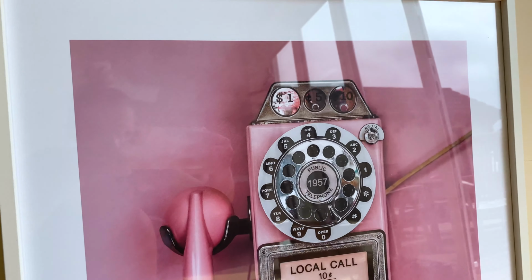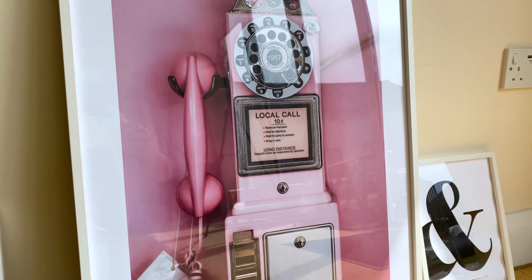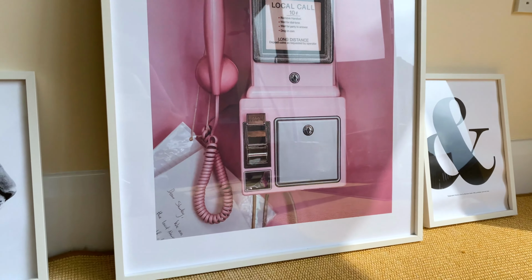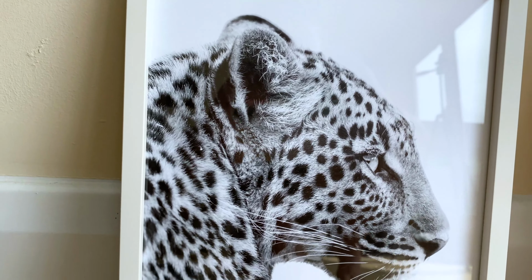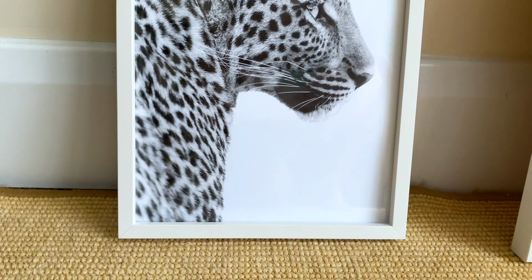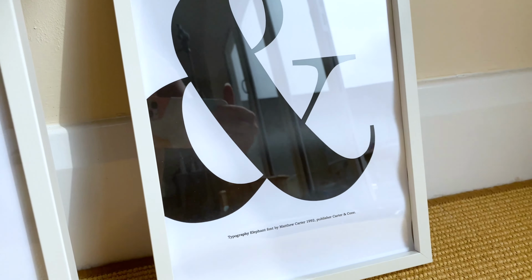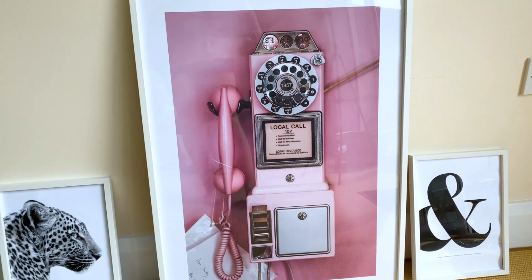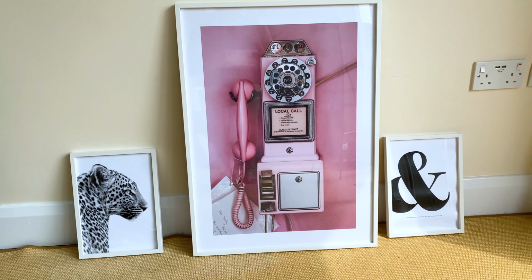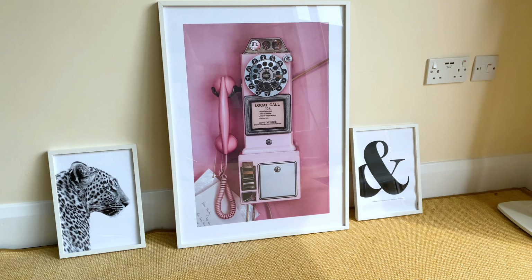But this is my absolutely favorite one. Look at that pink. How retro and cool does that look? And then the quality of this one is insane. They look so nice together as well. I made sure they would match. This is just by a famous typographer. I just thought that would be really simple next to this bad boy here. They're gonna look so nice when they're up. I will do a video of my whole office at the end so you guys can see exactly what it